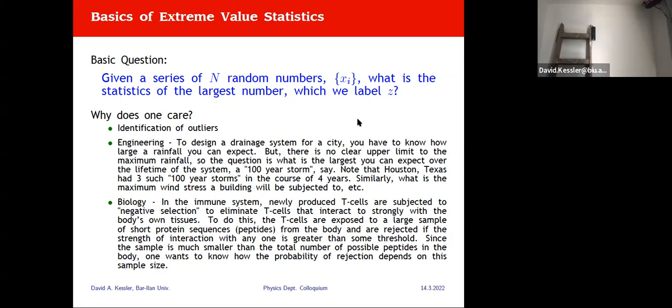And in fact, in Houston, Texas, where a friend of mine lived, they had a big storm and a huge flood, and the mayor said this was the 100-year storm. This was the storm we're only going to get once in 100 years. So that's why we didn't design the system for that. Of course, the next year they got another storm that was even bigger, and 2 years later they got a storm which was even bigger than that. So these things are, when engineers tell you things, you have to